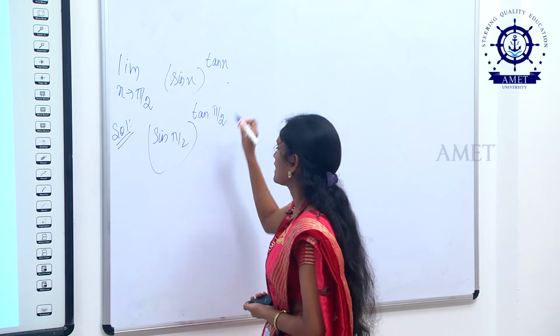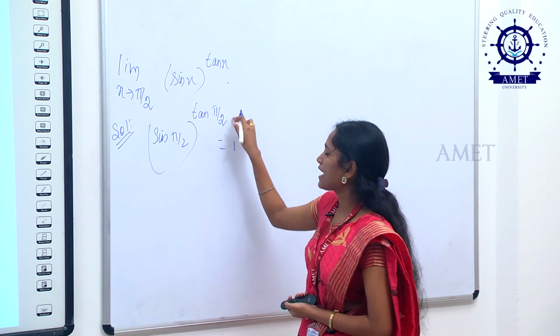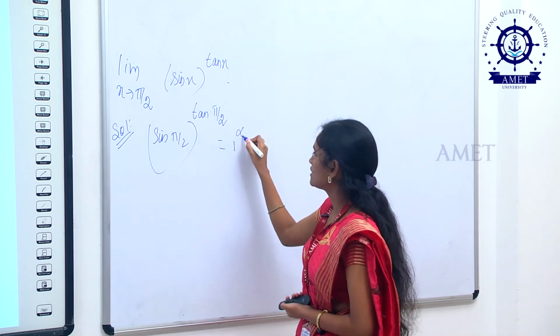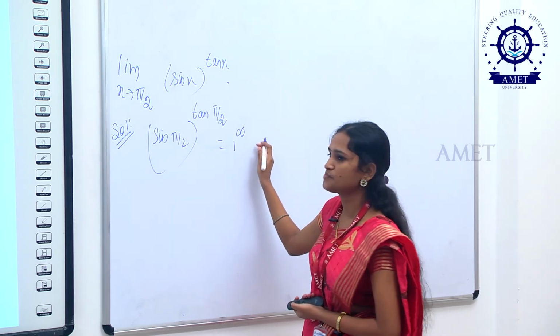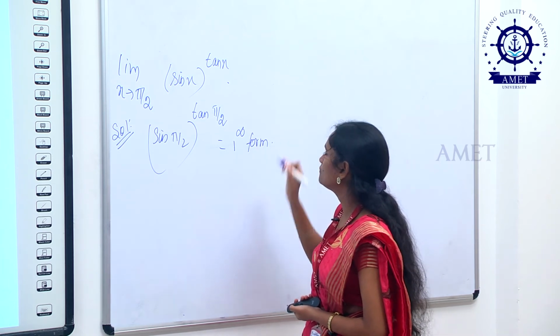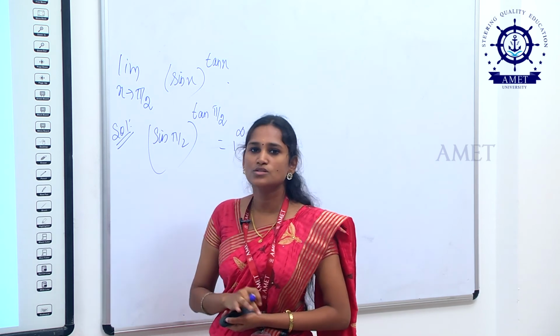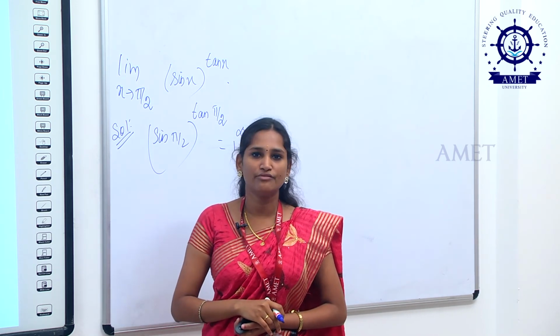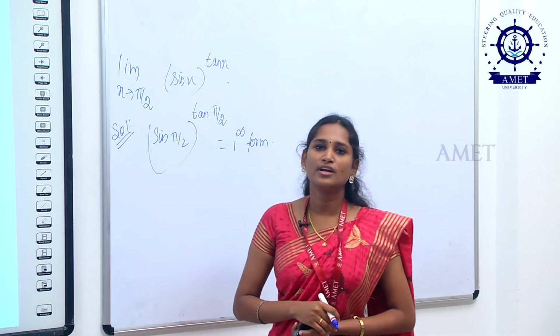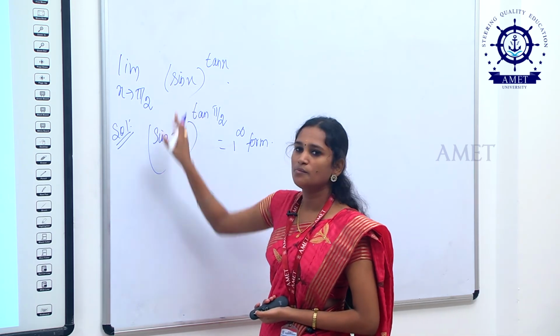Replace the value of x. So sin pi by 2 is nothing but 1, and tan pi by 2 is nothing but infinity. So here f of x power g of x is of the form 1 power infinity. So 1 power infinity form means this can be reduced to the form 0 into infinity. So 0 into infinity, how we have to convert it, we can take the original problem